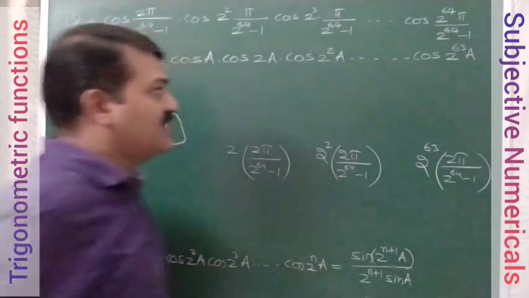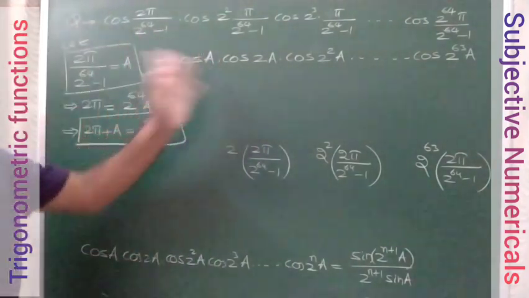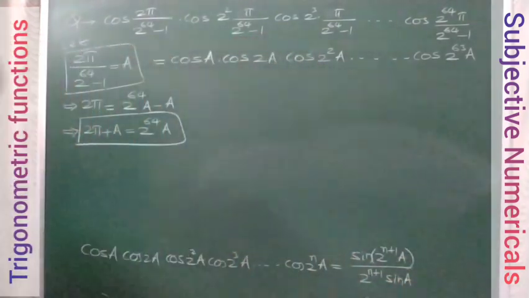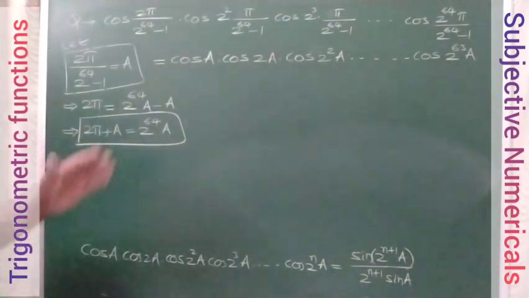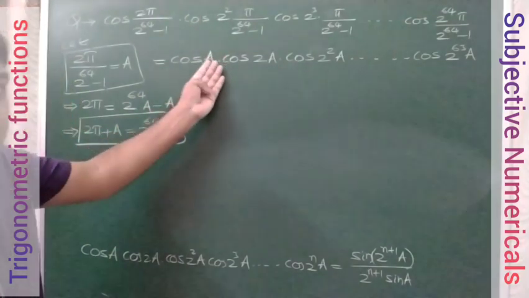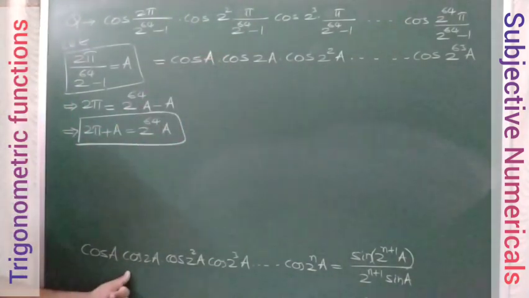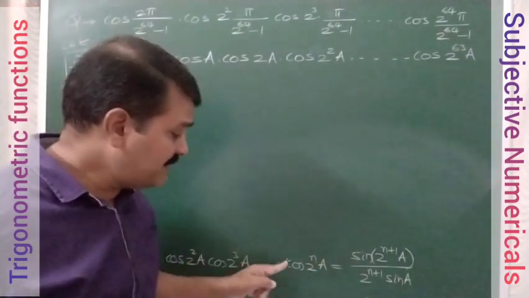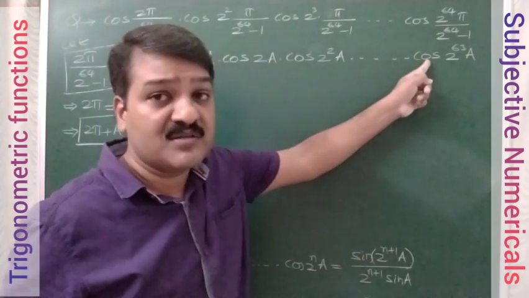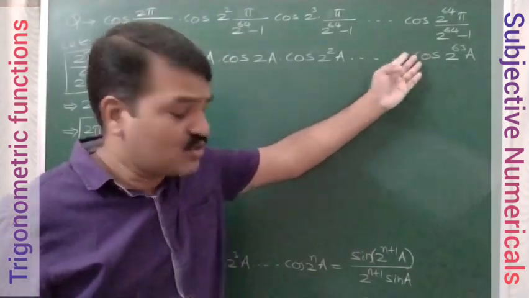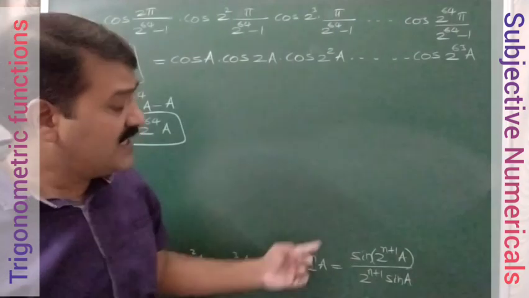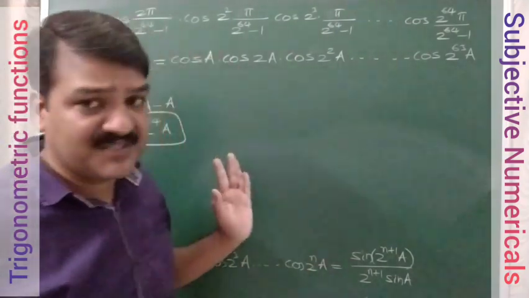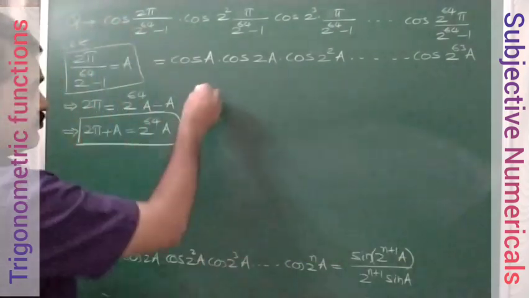Okay, so the basic question in terms of A we have represented. Let me remove these parts now. Right, now you can clearly see whatever is left is exactly in this model. Last cos of 2 power NA is the last term in the formula. In place of this, we have cos of 2 power 63 into A. So when we compare with the formula, clearly N is 63. Just apply the formula now.